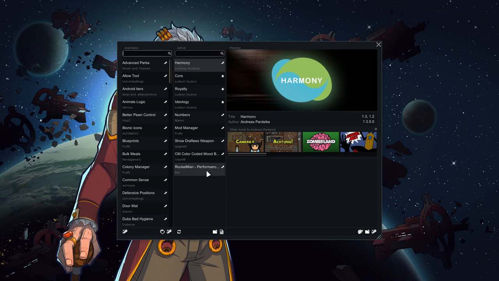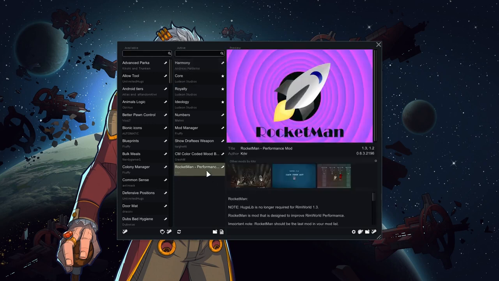And the next mod I want to move on to, which is number 2 on my list, is the RocketMan performance mod. And what this does is basically it's an efficiency mod. It makes the game slightly more efficient and can reduce the chances of lag occurring. Basically you can get anywhere up to about 500 ticks per second additional, which will increase your FPS,